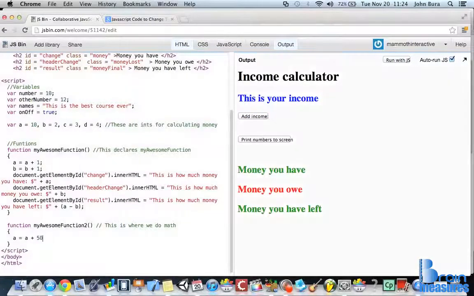And while I'm here, I'm going to get document.getElementById, and I'm going to call this income because that's what we called it up there. Close the bracket, push the period, and I'm going to say innerHTML, and I have to capitalize that, HTML is going to be equal to